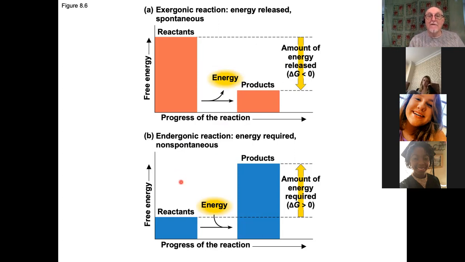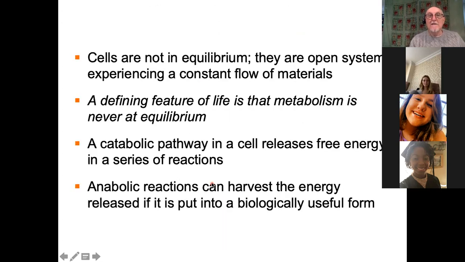So the products end up containing a much higher amount of potential energy than the reactants. In the exergonic reactions, the products end up containing less energy, and the difference in energy is harnessed. But here we have to put in energy. And if we look at any reaction,